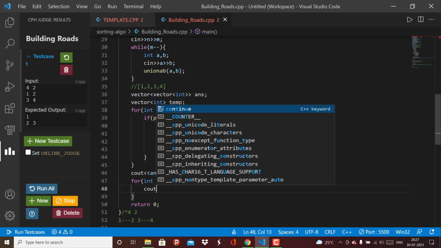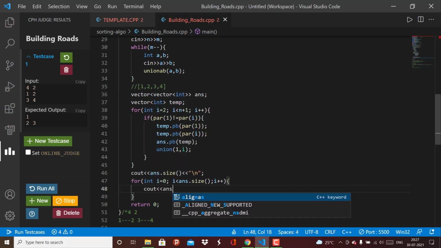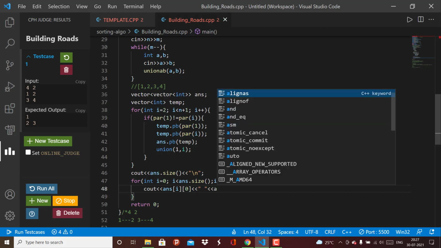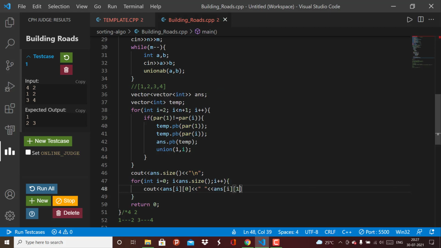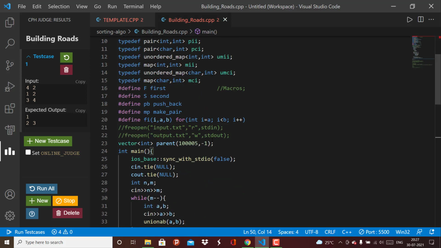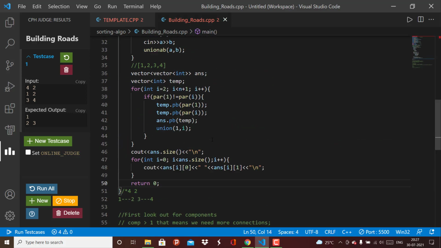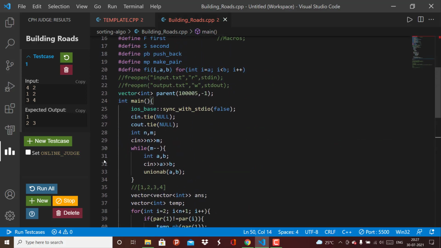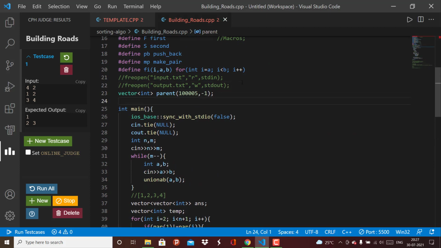Okay, so we need to cout answer of I 0, like double quotes, and then answer of I 1. So that should do the answers of our problem. But we still need to implement these two functionalities. So first we will implement the parent function.